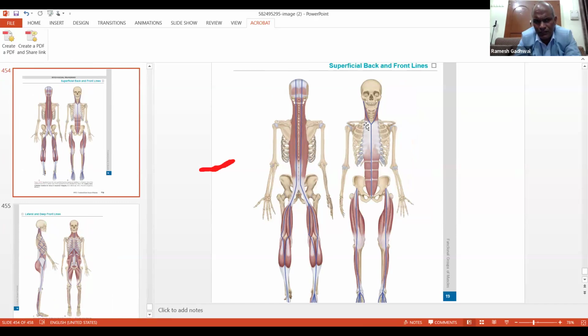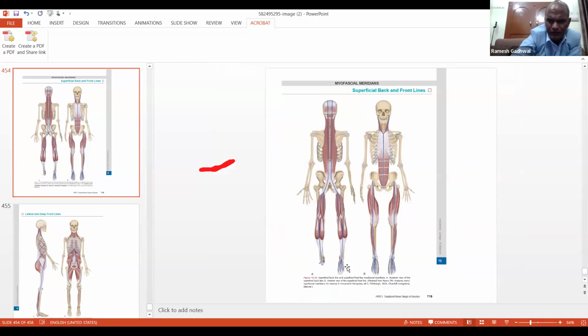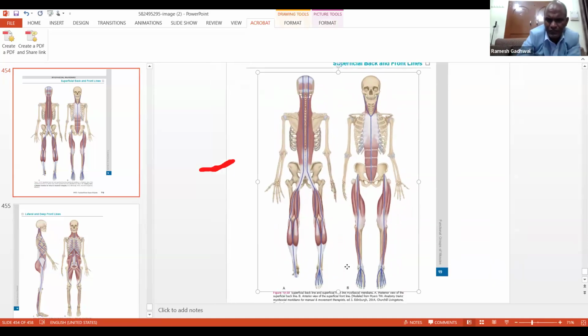In meridians, it is called myofascial lines. So this is the front line and this is the back line. So if you see in the front line,